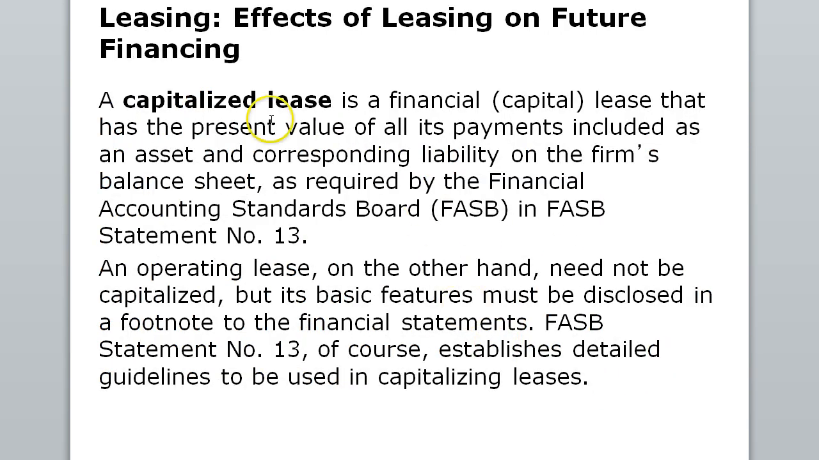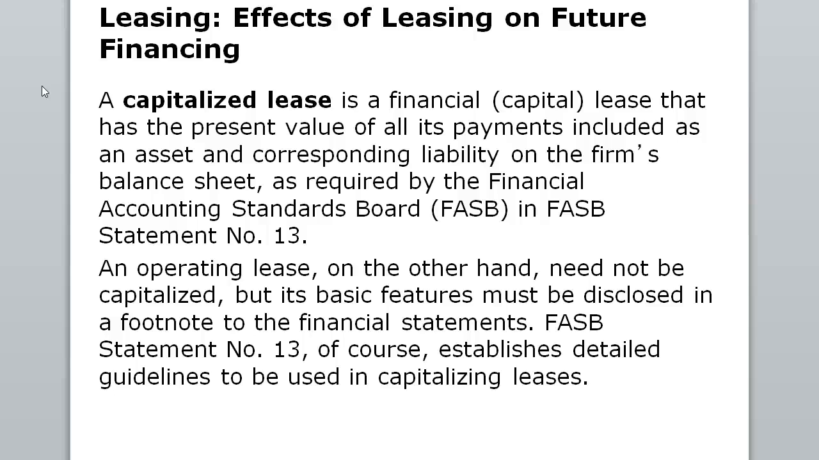Okay. So let's look at the effects of leasing on future financing. So a capital lease, which is the financial lease, has the present value of all its payments included as an asset and corresponding liability in the firm's balance sheet. So these capital leases are on the balance sheet as required by FASB Statement 13. An operating lease, on the other hand, does not need to be capitalized. And its basic features must be disclosed in the footnote in the financial statement,